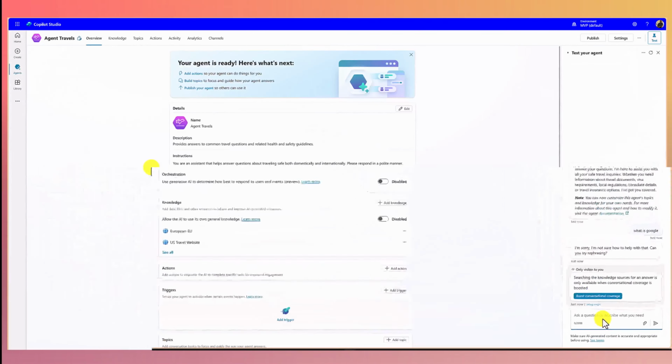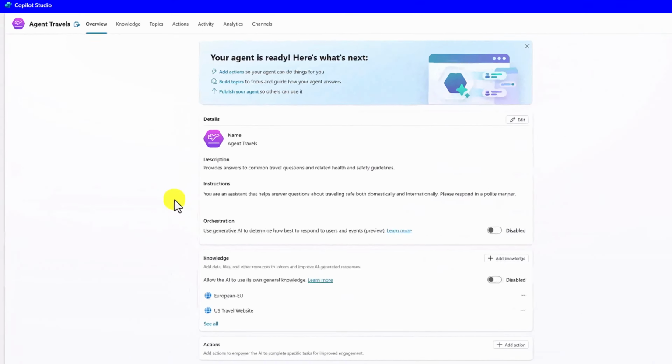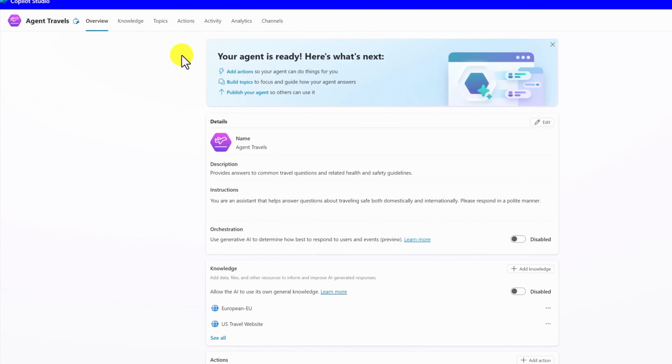The first step, we created a copilot that could chat over the data and answer travel questions. Now let's take it a step further by adding a custom topic with an AI prompt to extend this functionality. We are going to build a feature where our agent can create a travel plan for users who need ideas for the next trip. To do this, head over to the topic section in Copilot Studio